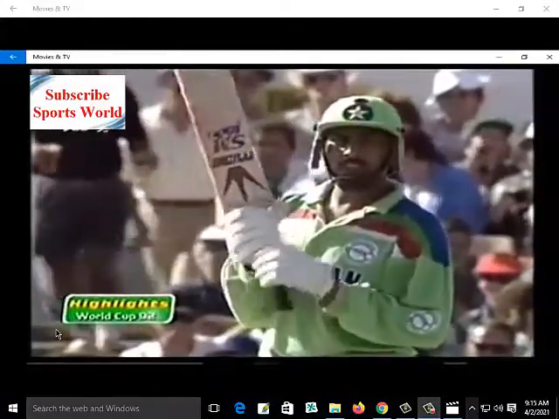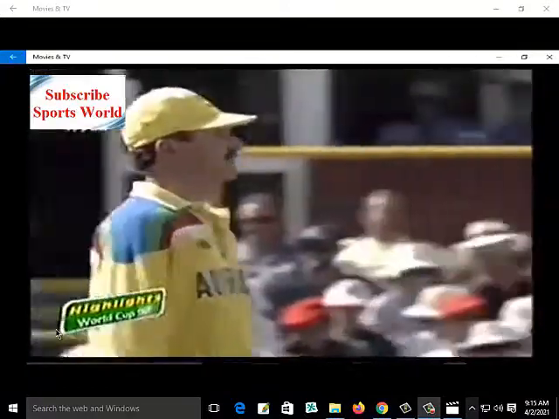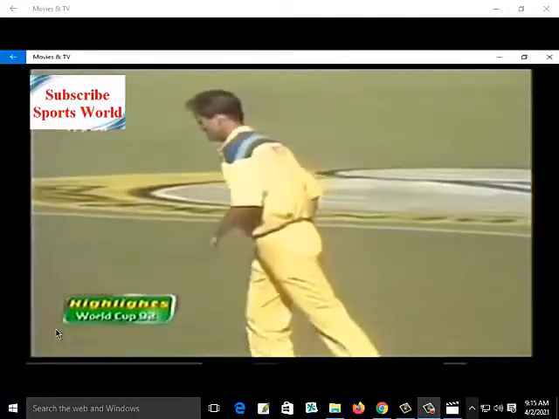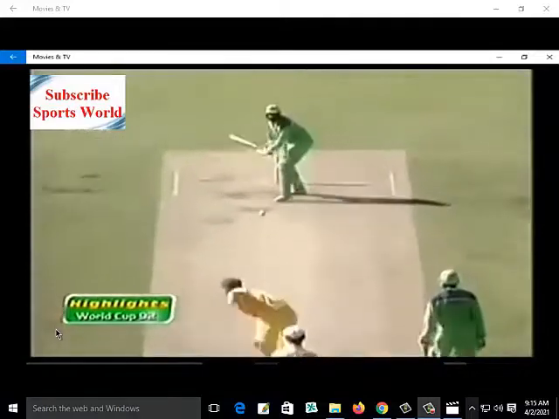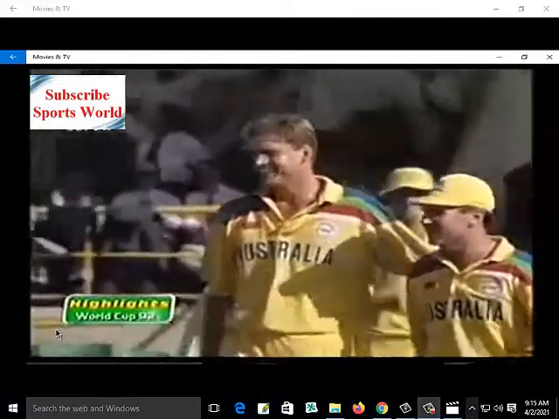The new batsman at the crease for Pakistan is Salim Malik. And it's the river end now. It's going to be a change of bowling. Alan Border, capitalising on that wicket, he's decided to bring on Tom Moody. And it's a wicket again for Tom Moody. Salim Malik horribly out of form in this competition. He's bowled, all ends up, by Tom Moody.